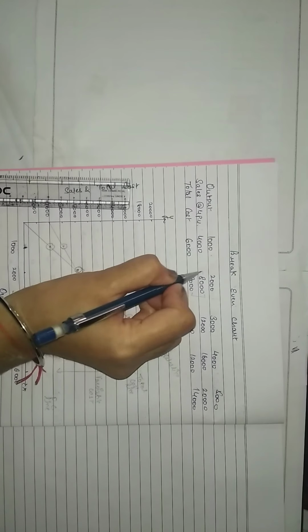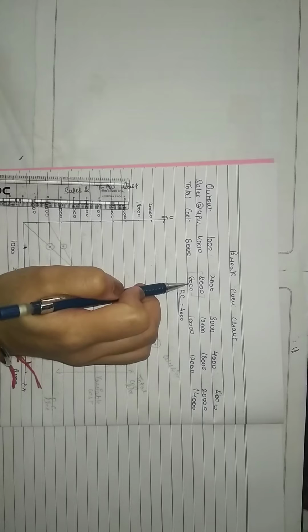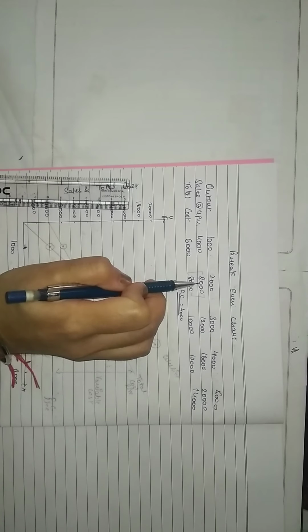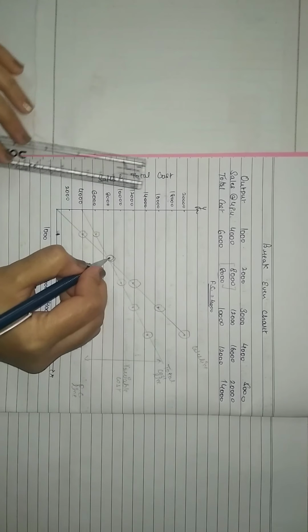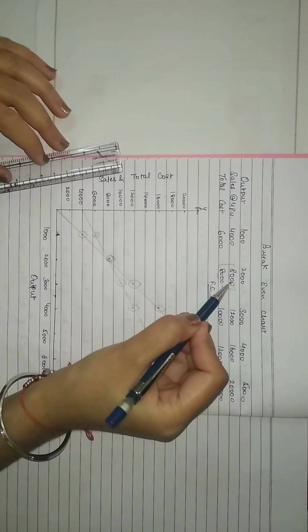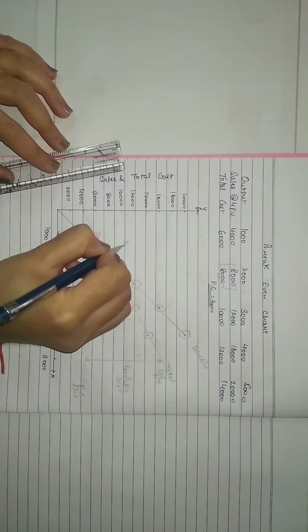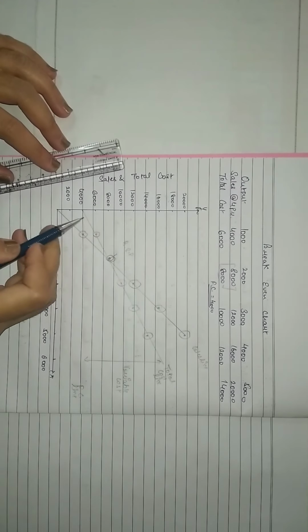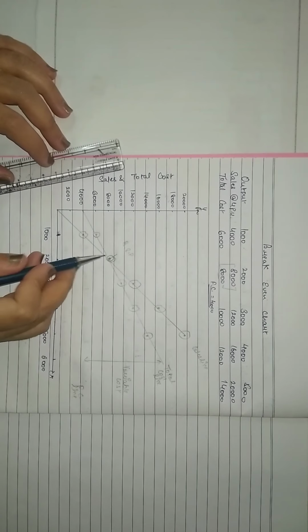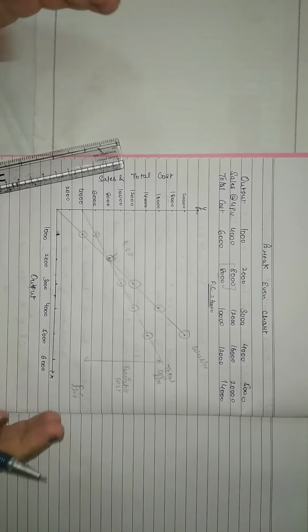If we look at this data, this is the point where our sales and total cost are equal. 8000 sales and 8000 total cost. Similarly, in the graph, when the output is 2000 units, we'll get our break-even point where the sales and the total cost line intersect each other. So this is our break-even chart.